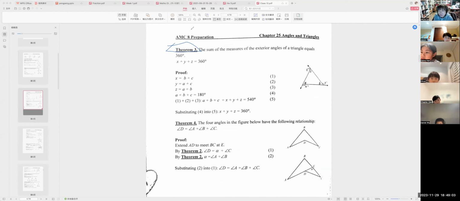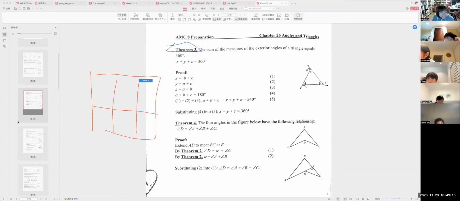Wait, adjacent is like... Adjacent means Jason plus A. No, I'm just kidding. Okay. Adjacent means that it is together. It's like that kind. It's like a cross. Yeah. So Jason is making a very good point. It's like this is A. If this is A,